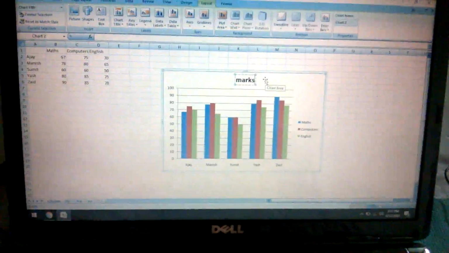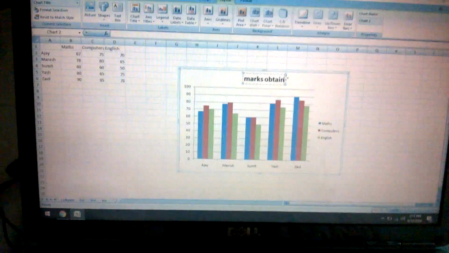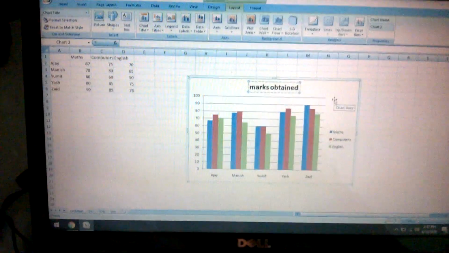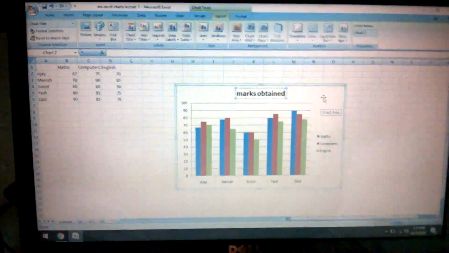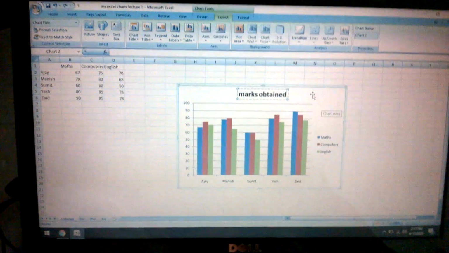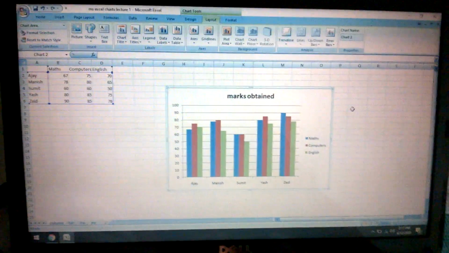You can give any other name as you wish. I have chosen the location of this chart title above the chart, that is above the plot area. So you can see the chart title there. This is the chart title.